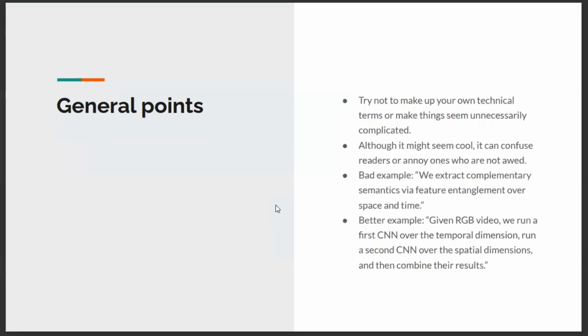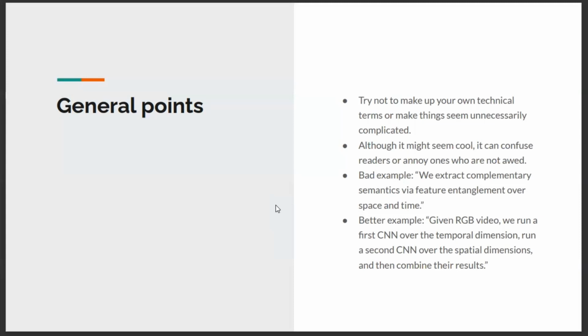Some general points: try to make your work or your words less technical, and try not to introduce new technical terms. What I mean by less technical is that you don't want to introduce some extra hard technical ideas that are only used in your paper. So, for example, if you say that we extract complementary semantics via feature entanglement over space and time for a certain